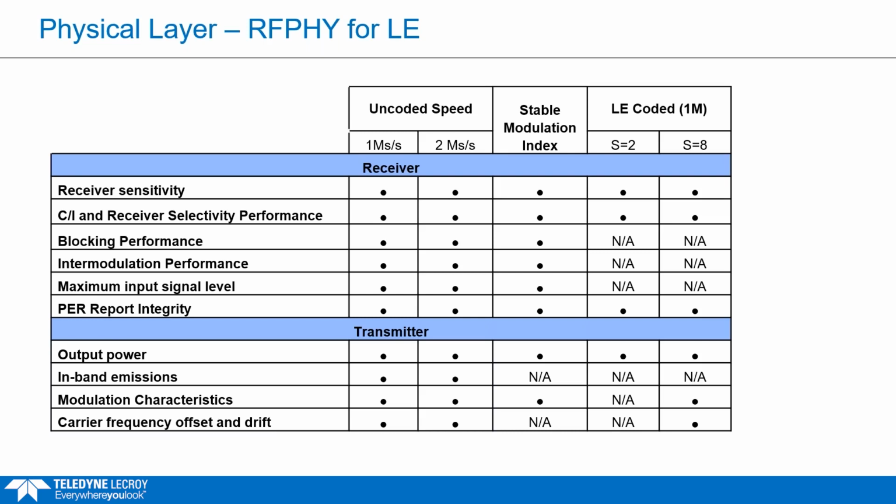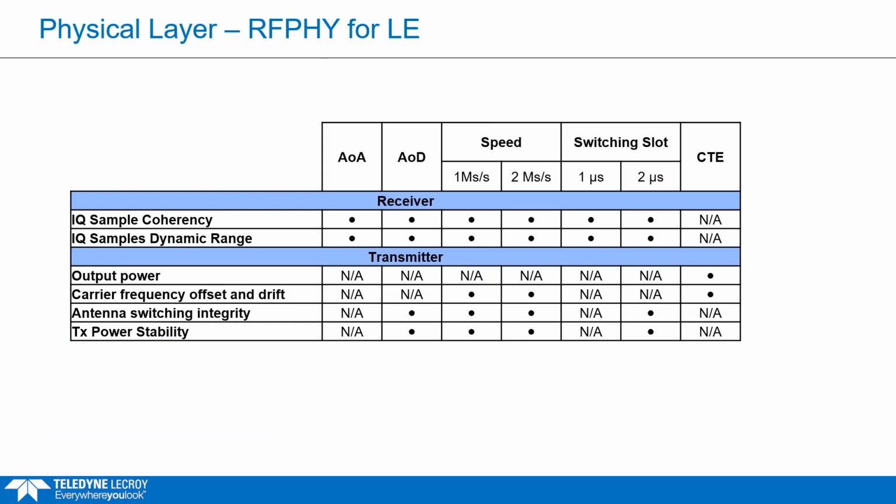And again, the similar tests of the BR/EDR, which look at power, modulation, carrier characteristics on the transmit side, and then again sensitivity and resistance to interference on the receiver side. And remaining tests on the LE side are to do with AoA or angle of arrival and AoD, so angle of departure, and these are used in location services. So again, you've got the multiple speeds there and the different switching slot time periods, and then CTE, which is the continuous tone extension, which is sent at the end of the packet to enable this multi-transmitter means of basically